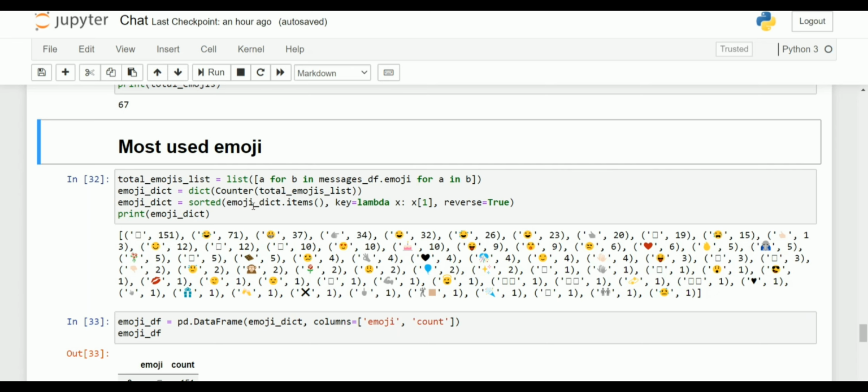Sorted(emoji_dict.items(), reverse=True) means the most used emojis will be on top. Here you can see that this emoji has a count of 151, so it is on top. The second most used emoji is the laughing one, 71. Then this emoji is used, and its count is 37.